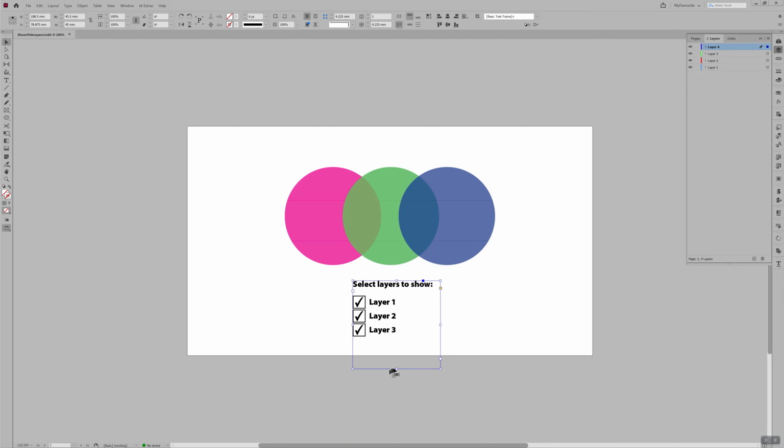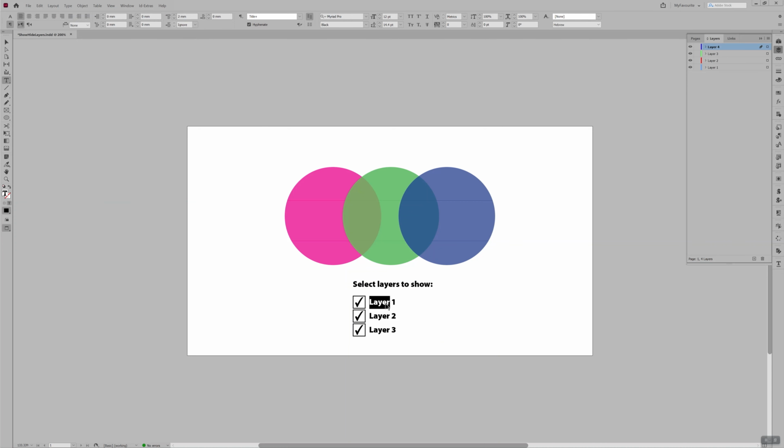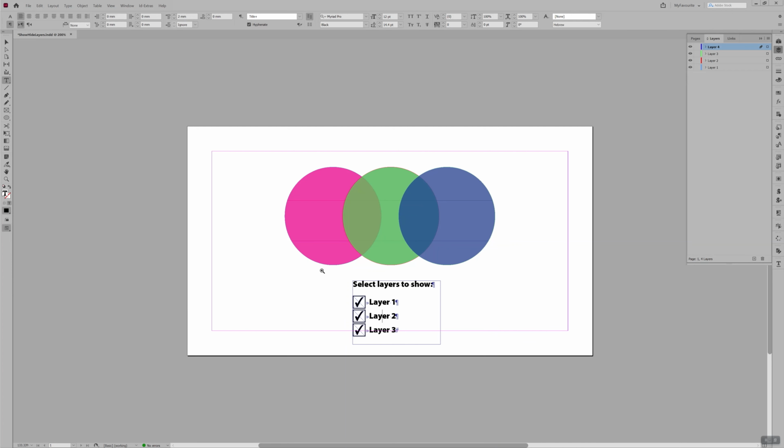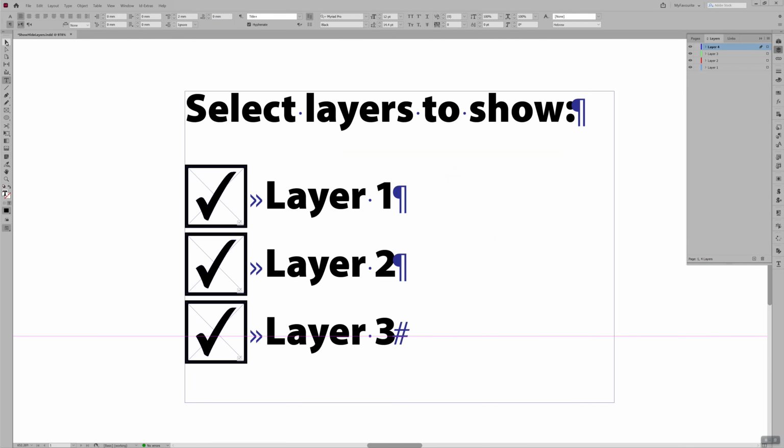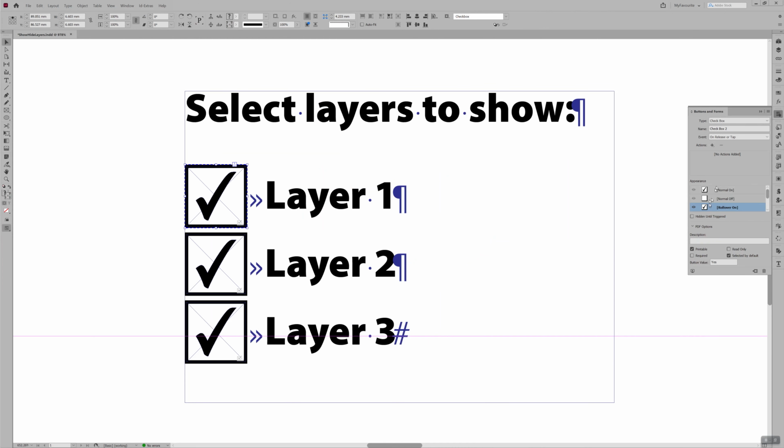Then I've got a text frame here, where I just included some text and some more text here. And these check marks are anchored objects. Let me just show hidden characters because it will be perhaps a bit easier to see. And each of these checkboxes has been created with the Buttons and Forms panel, the type is a checkbox, so this is going to turn into a checkbox in Acrobat. I've marked each of these checkboxes to be selected by default, so it's on by default.